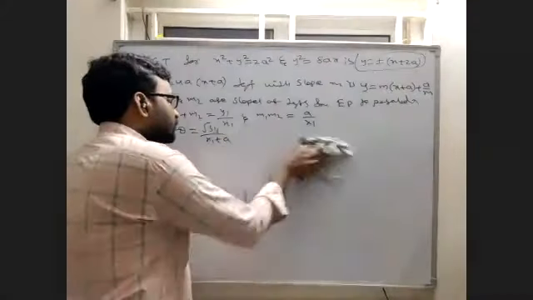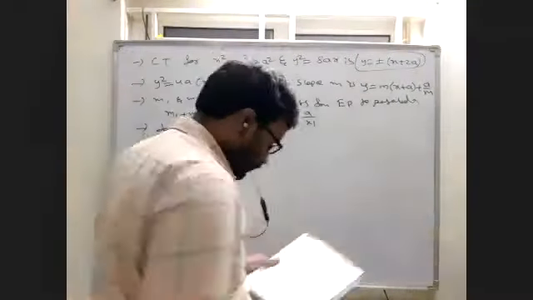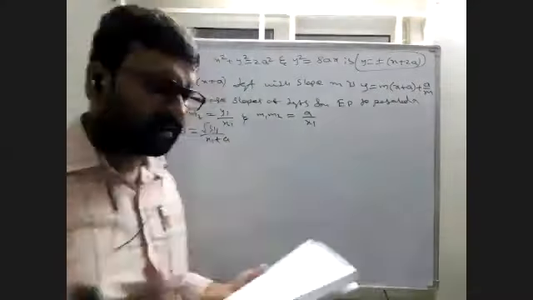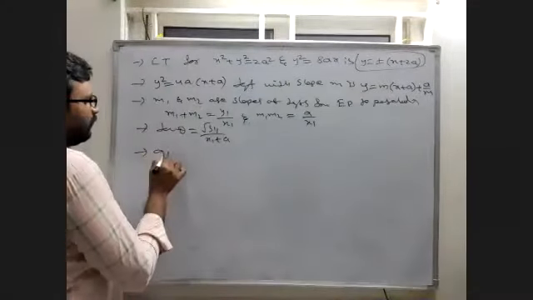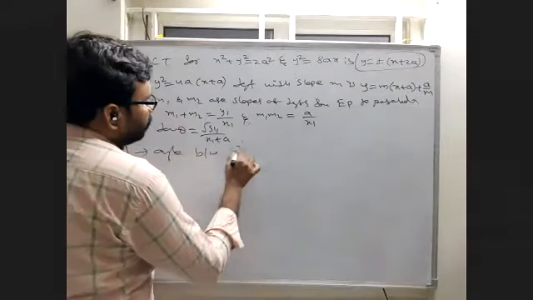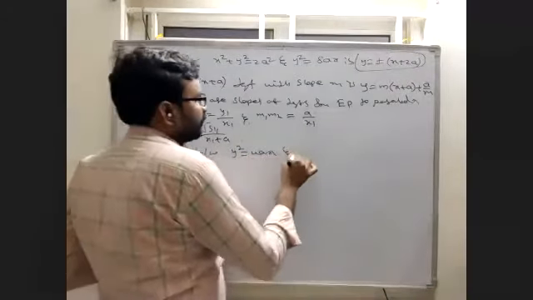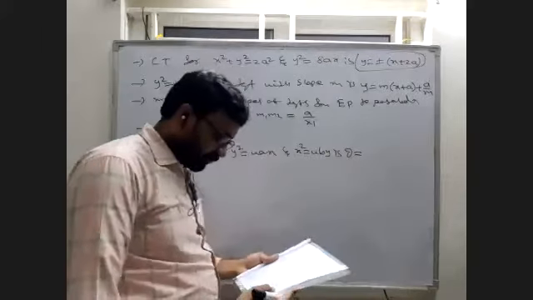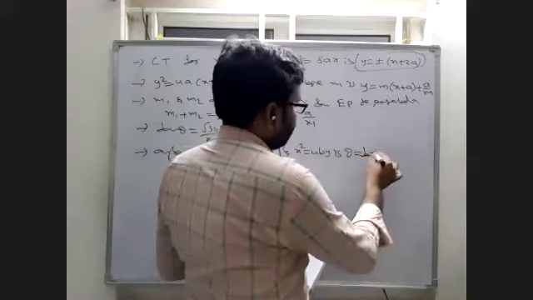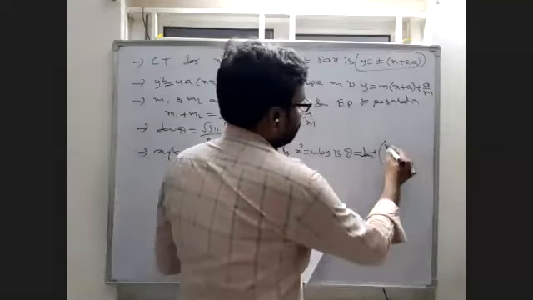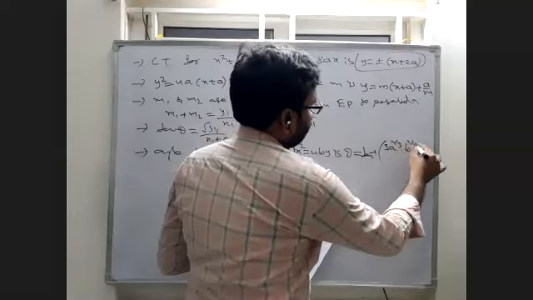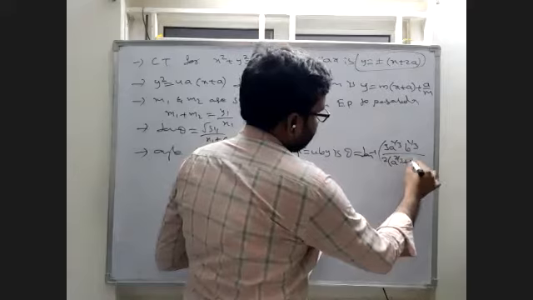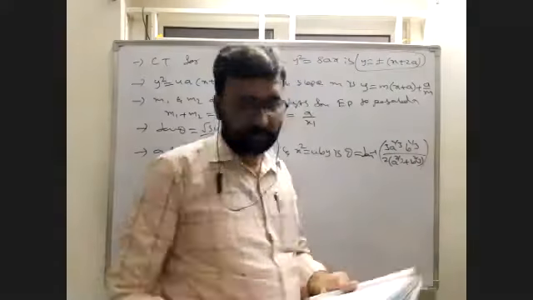And next, that I'm not writing here. Next, the angle between the two parabolas. The angle between y square equal to 4x and x square equal to 4by is theta, which is equal to, we already have the long answer, tan inverse of 3 a power 1 by 3 b power 1 by 3 by 2 into a power 2 by 3 plus b power 2 by 3. So this is the formula.